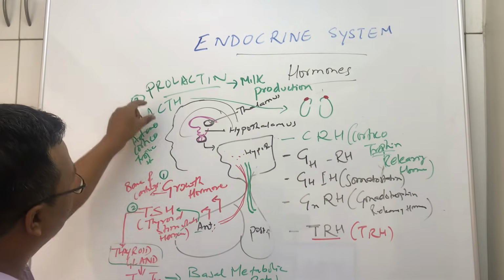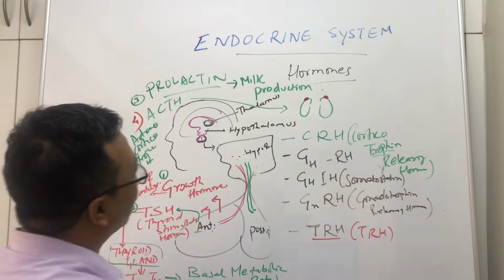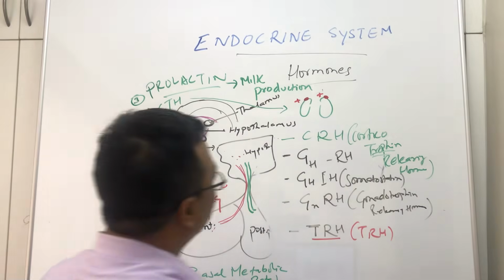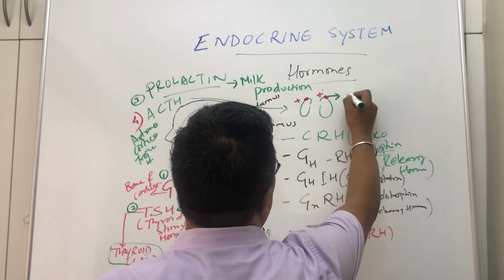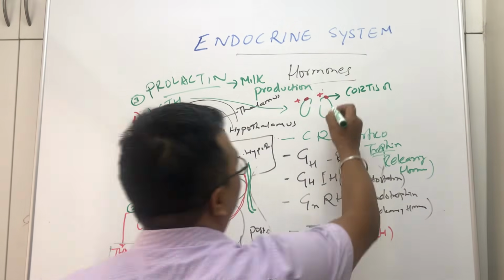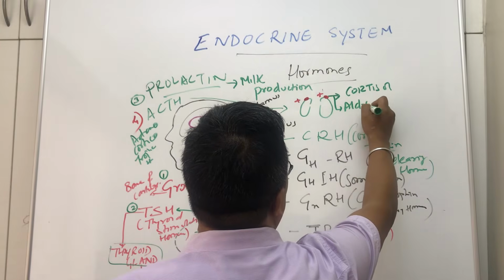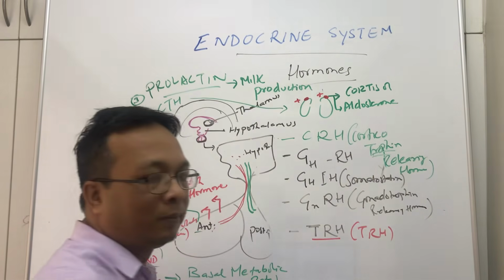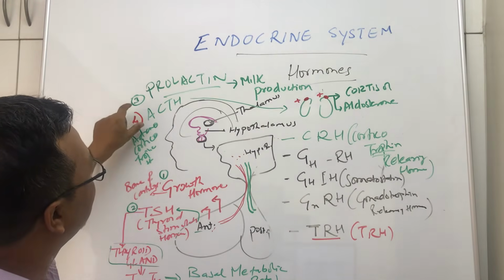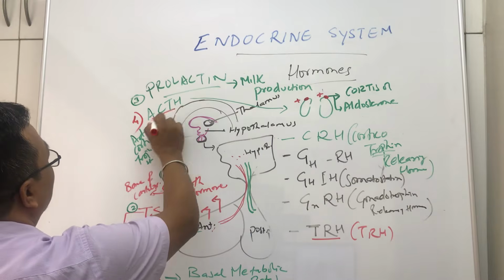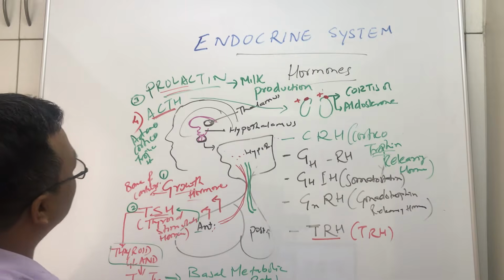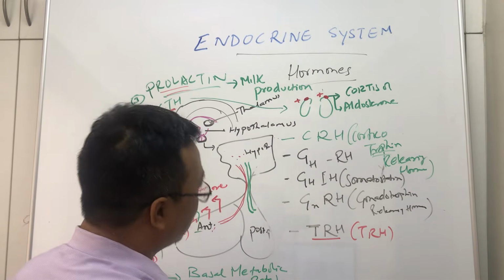So this hormone released by the anterior pituitary gland will travel to the adrenal gland and stimulate it. As a result, this adrenocorticotrophic hormone will lead to secretion of hormones like cortisol, which is the steroid of our body, okay, and aldosterone, if you remember, that is involved in the RAS system to control the blood pressure. Okay, so that is the number 4 hormone, ACTH. ACTH, prolactin, then growth hormone, thyroid stimulating hormone, and then number 5 is,